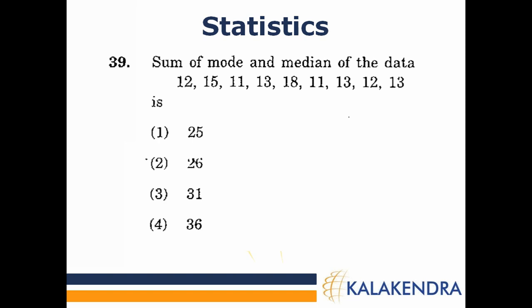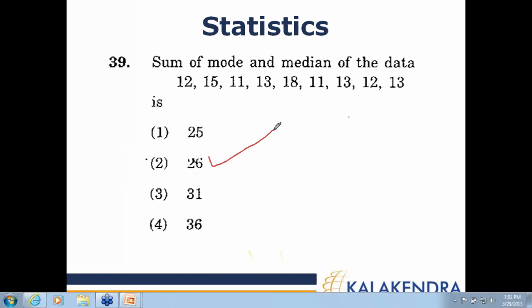So if you scan through this data very quickly, you can see that 13 is the data for mode that appears the maximum number of times, which is 3 times. And then if you arrange them in order, you've got 2 11s, 2 12s, and then comes 3 13s, and then you have a 15 and an 18. So there are 9 data points, and therefore the middlemost one, that is the 5th one, is again 13. And therefore if you add the mode 13 to the median 13, you've got their sum to be equal to